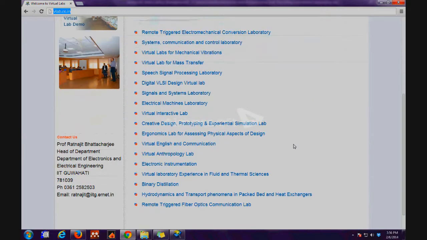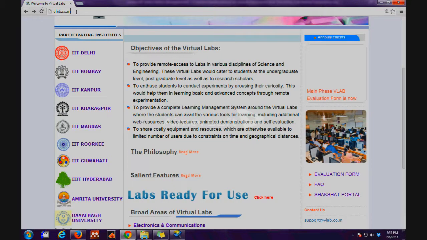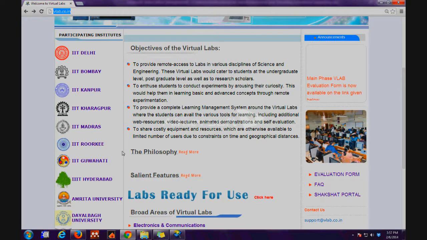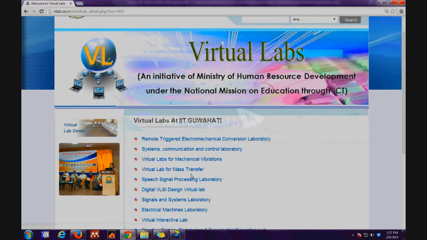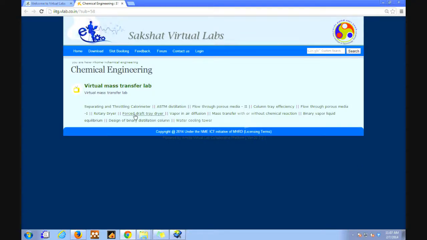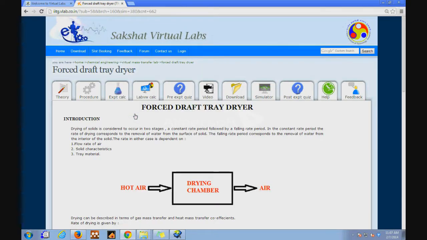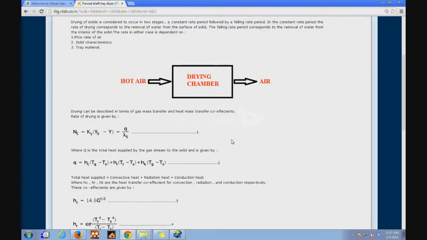The second step is to click the link for virtual lab at IIT Guwahati on the extreme left. The third step is to click the link for virtual lab for mass transfer. The fourth step is to click the link for forced draft tray dryer, which takes us directly to the online